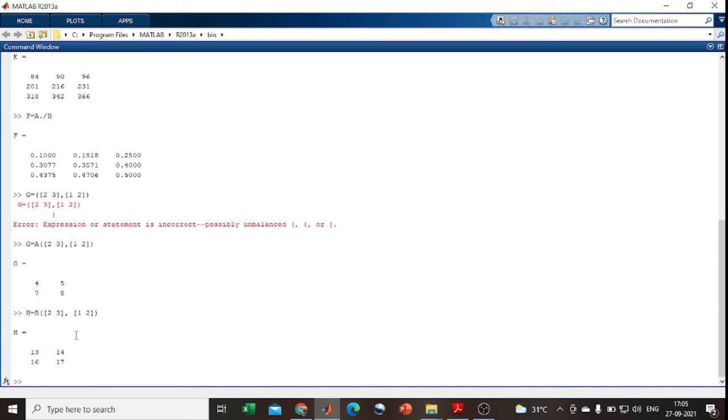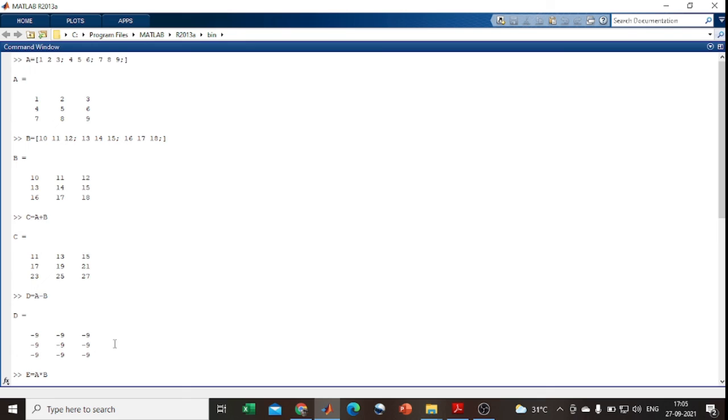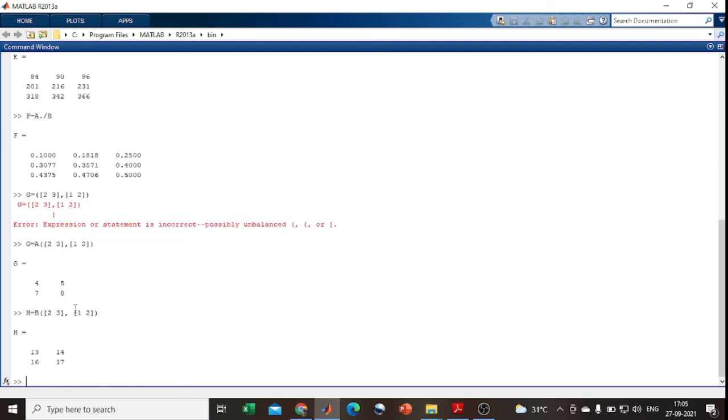From 13 14 16 17, here you see in the B matrix 13 14 is the second row and 16 17 is the third row, and in the first column 13 16 are available, and 14 17 in the second. From this I get 13 14 and 16 17 from the B matrix. Likewise we can select the submatrix.